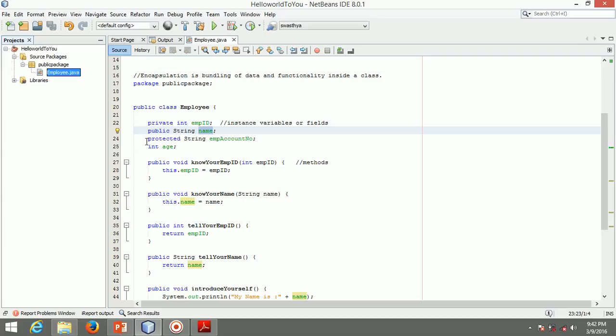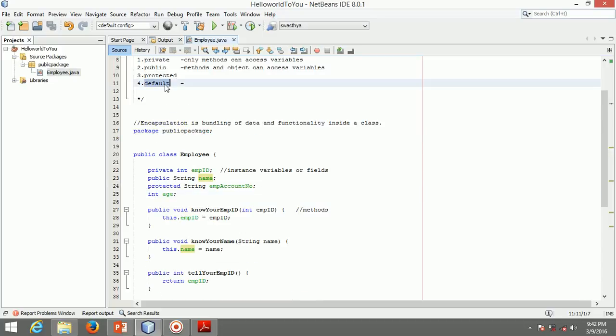We'll learn the protected in later sessions, but let me tell you about this default package. As we have told when talking about the access specifiers about the class, the same rule applies here for this default access specifier of the variable.